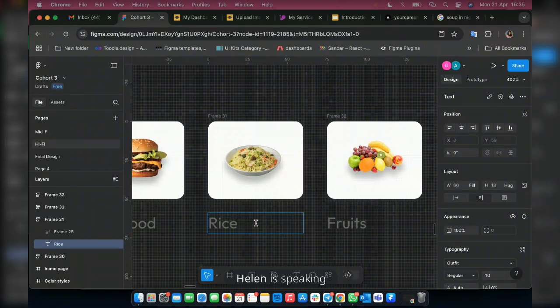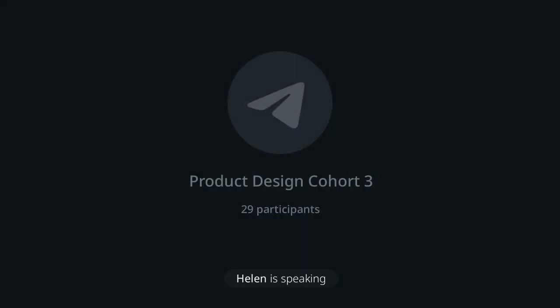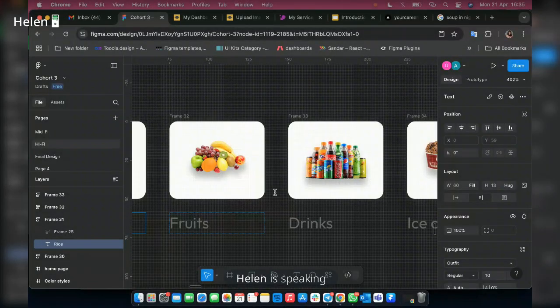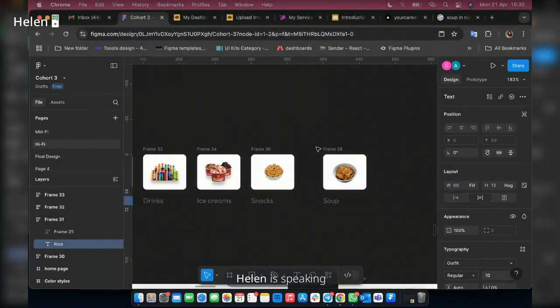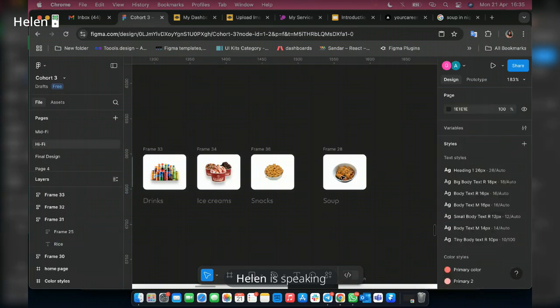I'm just going to put these fruits. I'm going to put these drinks. I'm just going to put these ice creams. I'm going to put these snacks. Put this soup. So I'm just going to hold these two now and then make it auto. This same way I created it, this is how I'm going to create this, just reduce to your desired